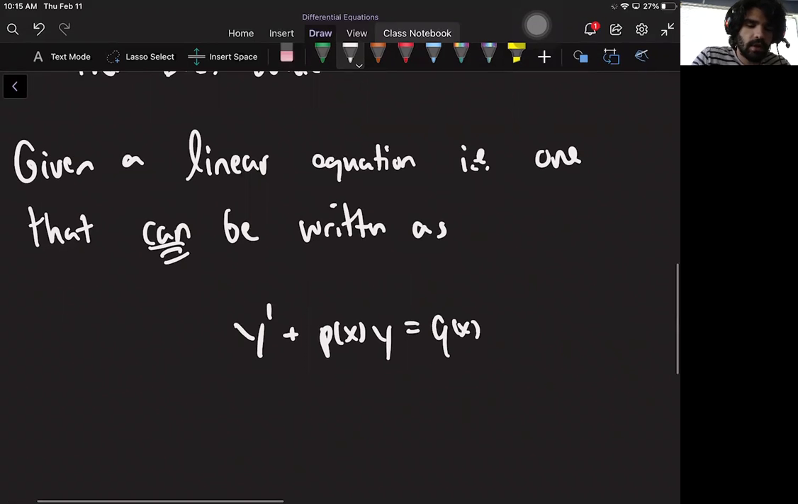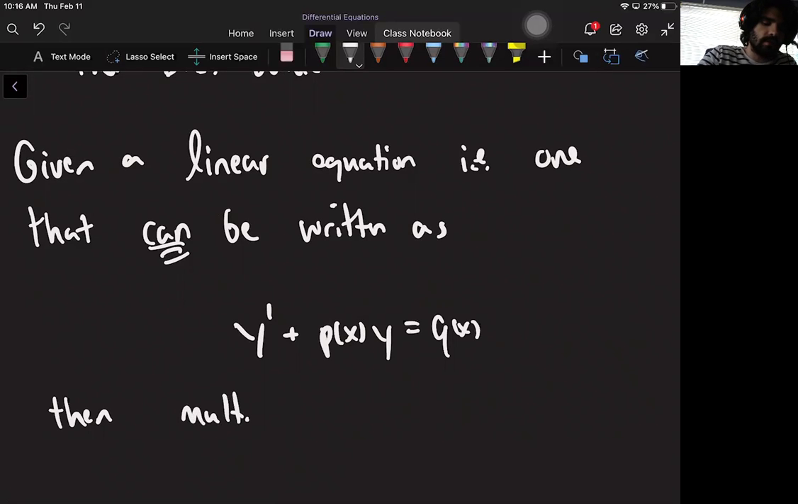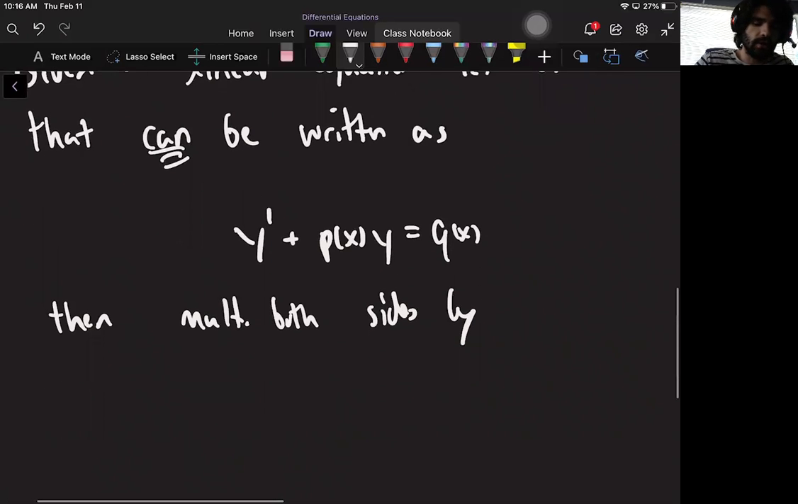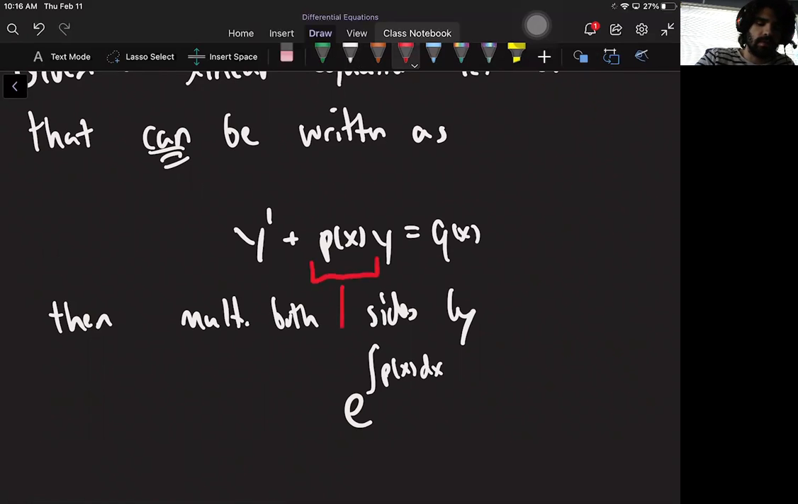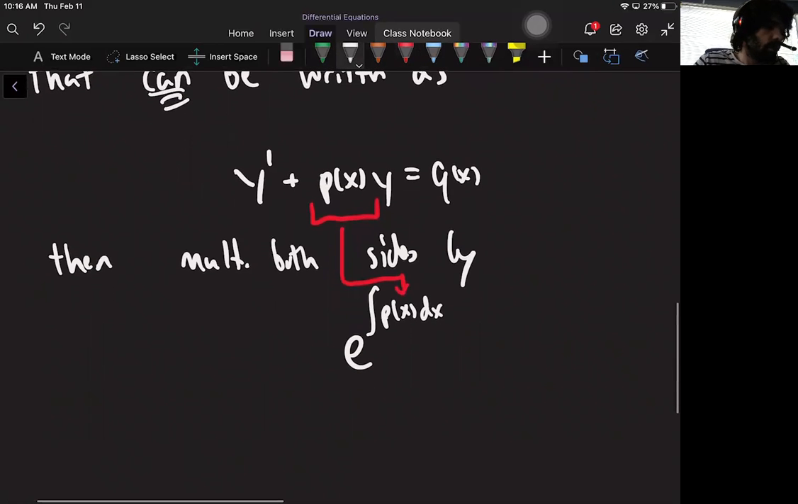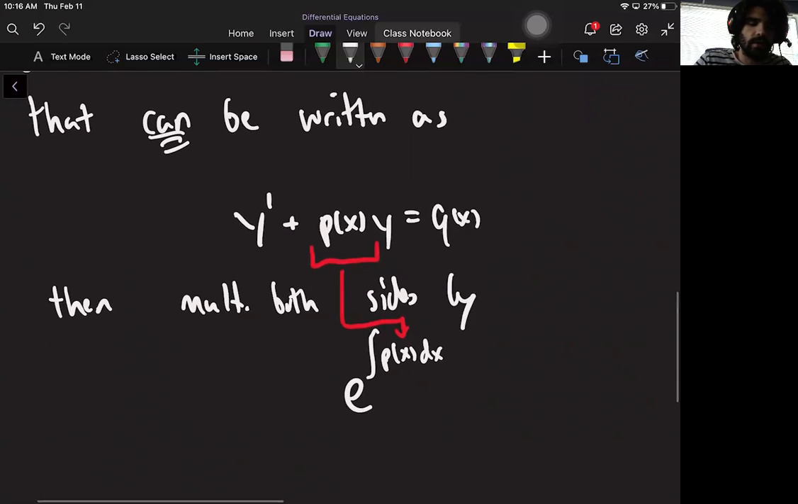So if you have an equation that's in this form, then the claim is if you multiply both sides by this very strange looking thing, e to the power of the integral of p of x, meaning the same p of x, whatever's here, that's what you're integrating there. If you multiply by this big thing, then it's doable. Then you can do the integral. Then you can solve the differential equation